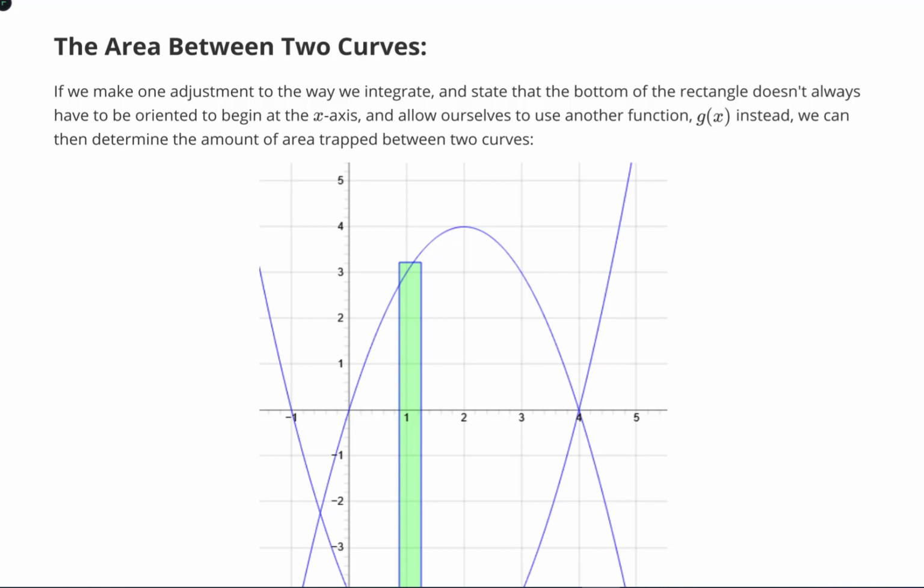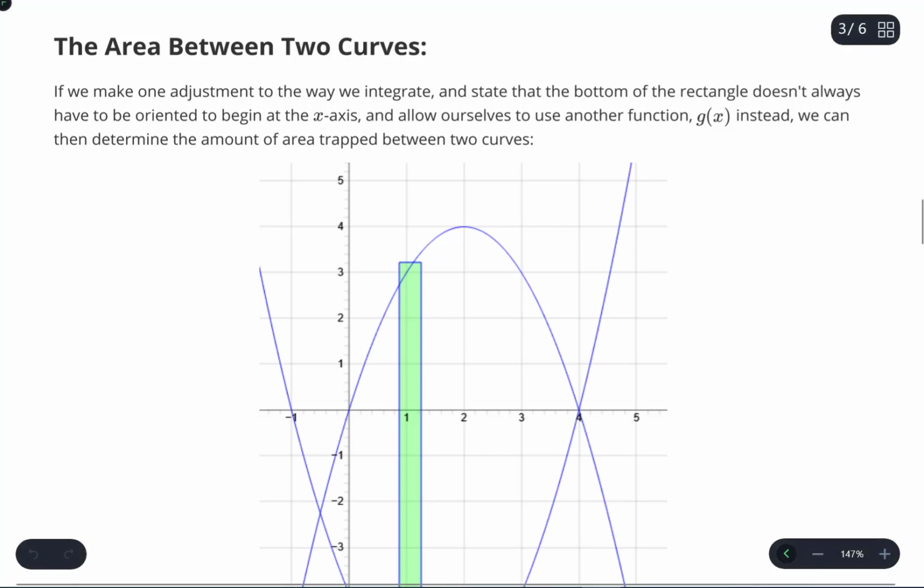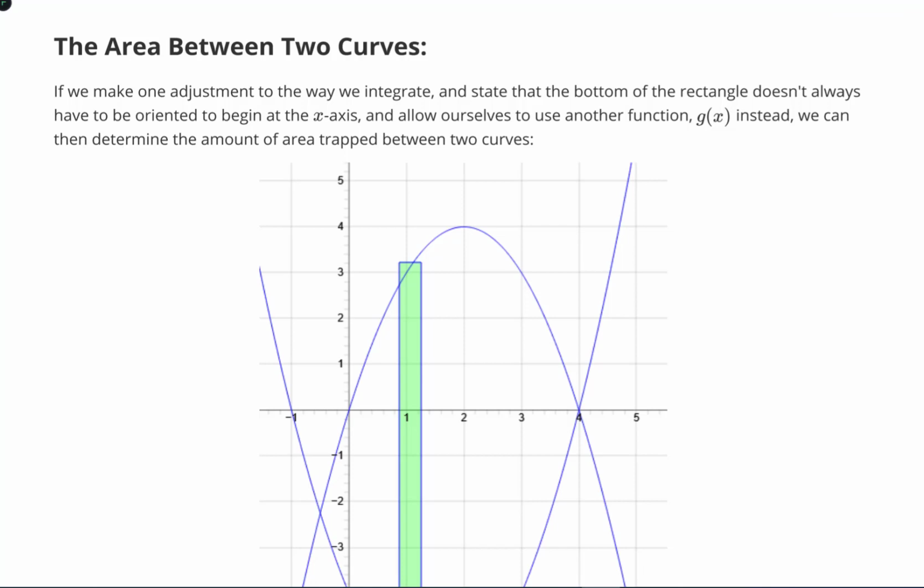Now that we've had a brief reminder as to how to perform integration, let's take a look at how we can extend the concept to find the area between two curves. So we just have to make one small adjustment to the way that we integrate. And here's that adjustment. So I have these two curves now drawn, and this first curve is the same function